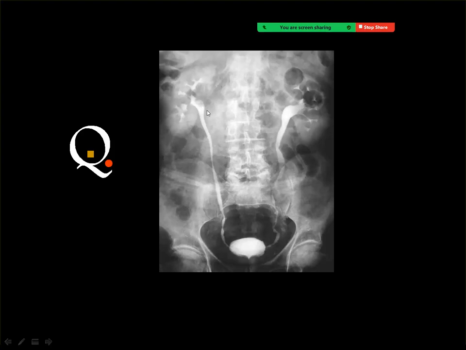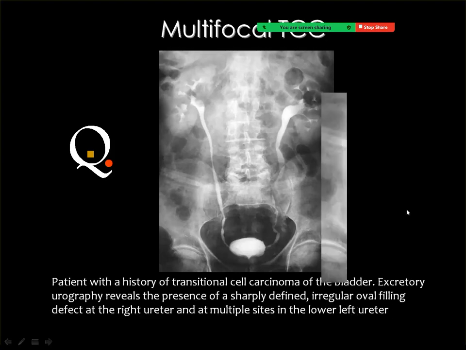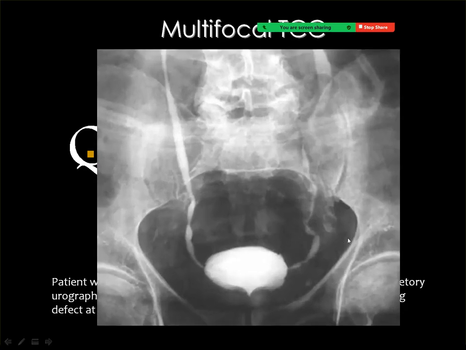And you know that urothelial tumors can occur multifocal, and this is the case where you can see a tumor in the right renal pelvis and a tumor in the distal part of the left ureter, and very frequently you can see another one in the urinary bladder, but in this case, no. Then this is the magnification of this area, and you can see